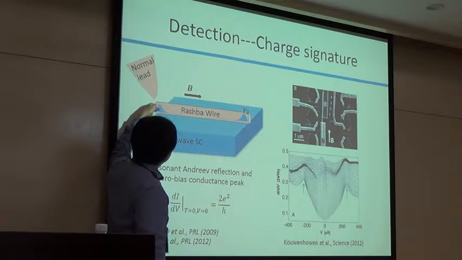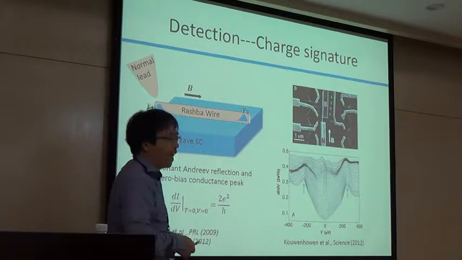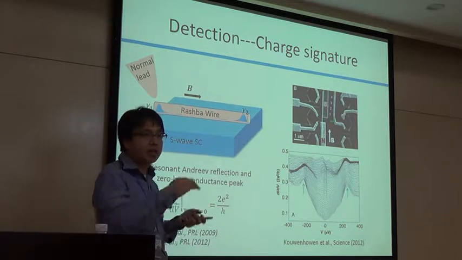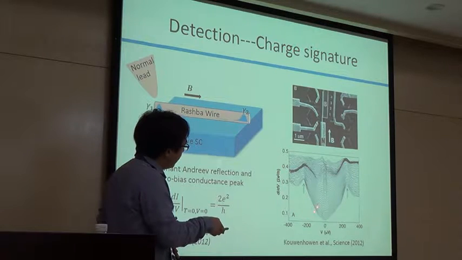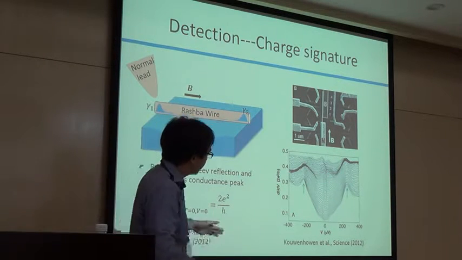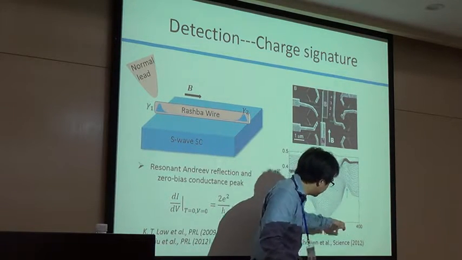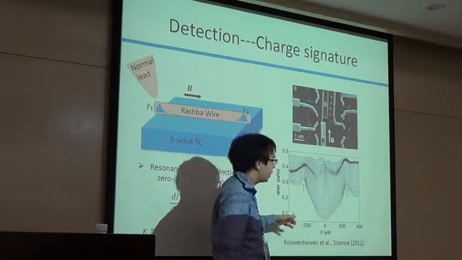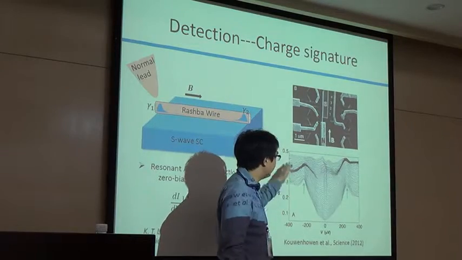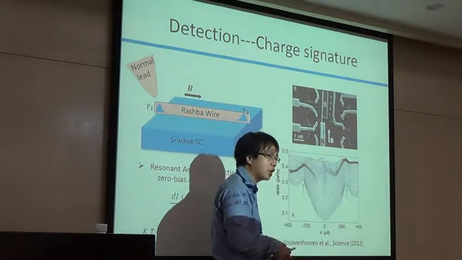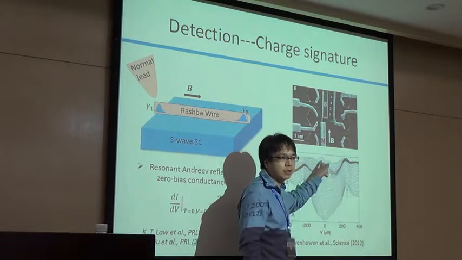So you can put a lead next to your end, and then you try to shoot electrons in. And if you have a state there at 0 energy, what you expect is a 0 bias conductance peak. So that's what you do. What you predict is that you have this voltage, which is the voltage difference between your STM tip and your wire. And this is the dI/dV, which is the conductance. You can measure the tunneling conductance, and you would expect there's a conductance peak at 0 energy.